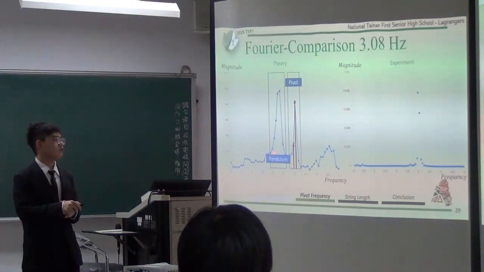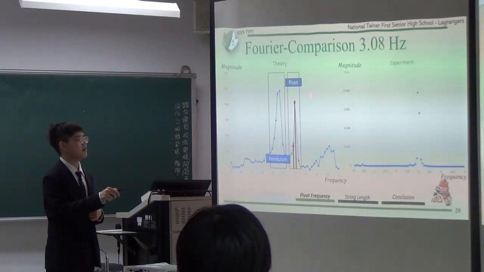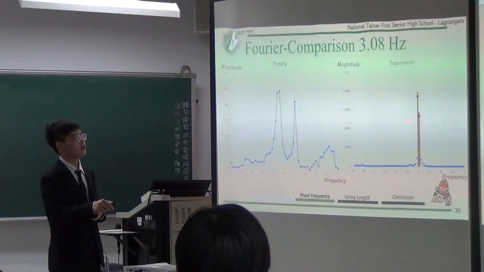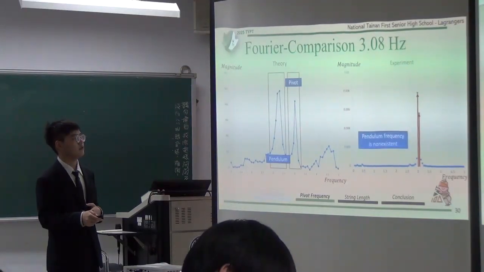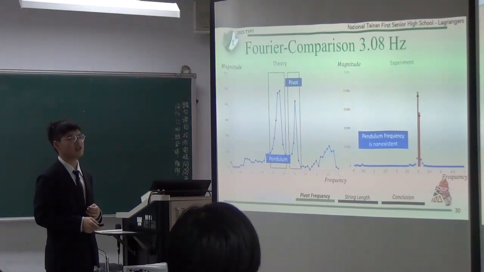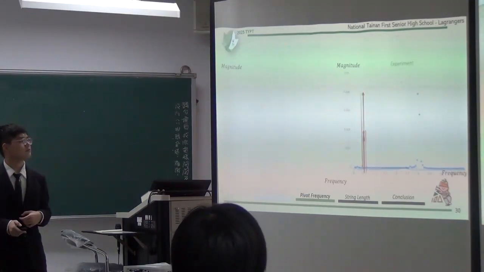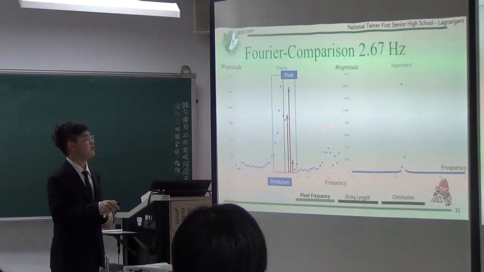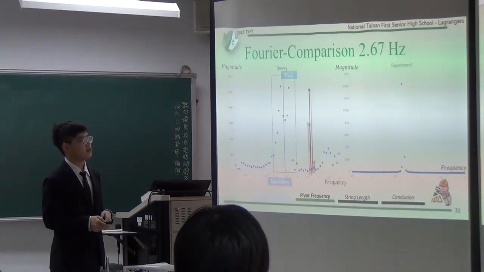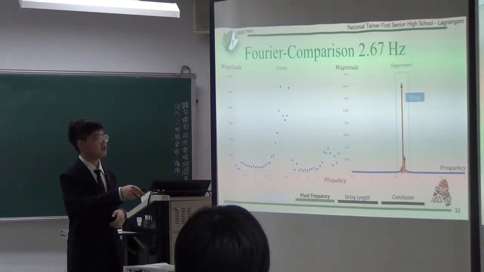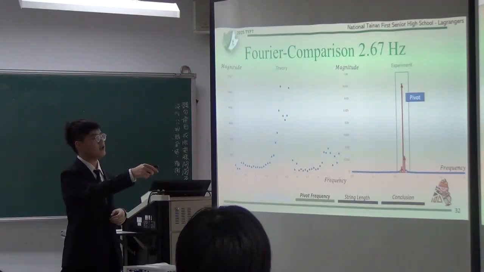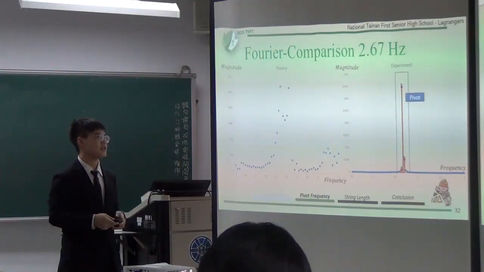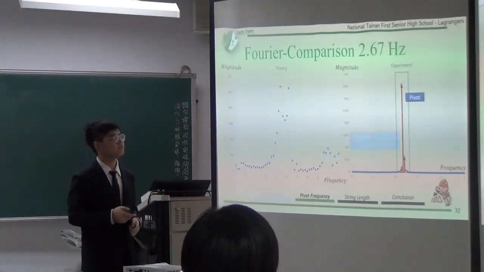So from the theory, we can see that there is a pendulum frequency and a pivot frequency. However, in our experiment, we only see the pivot frequency. And the pendulum frequency is almost non-existent. And from this graph, we can also see the same story with pivot frequency and the pendulum frequency. However, the pivot frequency is only observed in the experiment, and due to the frequencies being very close, due to nonlinear systems, the beat will occur.